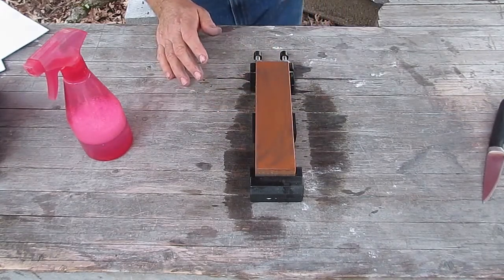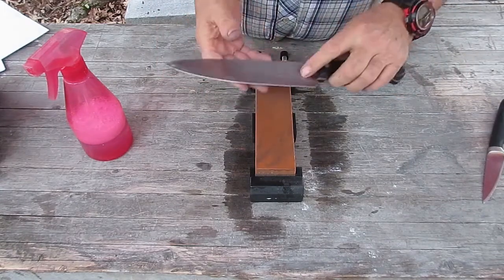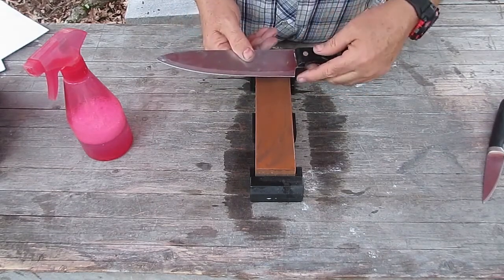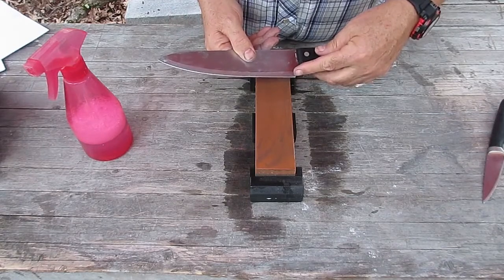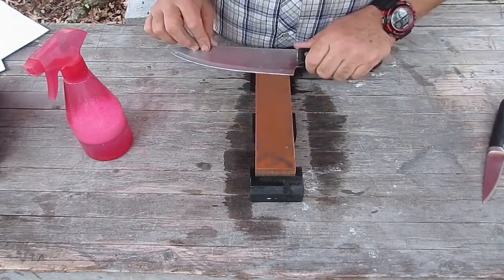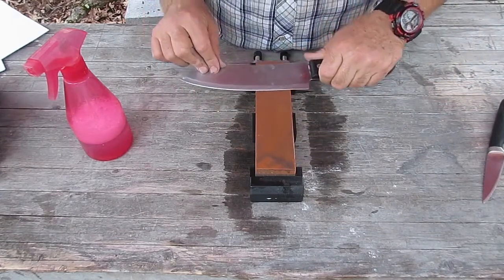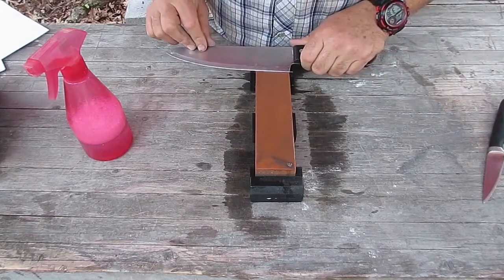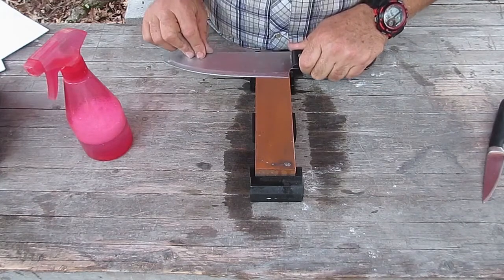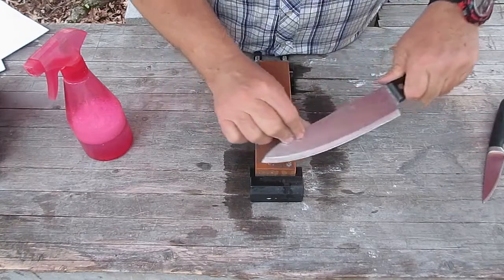So what I'm going to do now is flip this over and sharpen on that side. And what I want to do is roll that burr over to the other side. Nice and slow and easy. Take your time, because the key to sharpening is to maintain the exact same angle on an edge every time you pass it